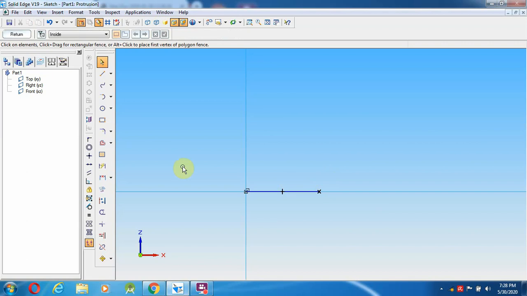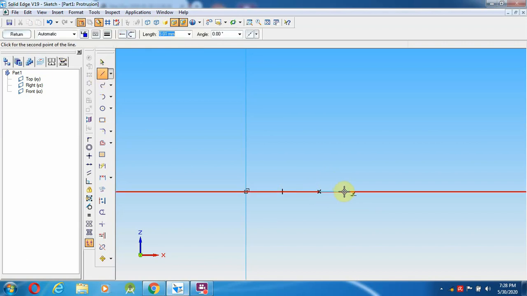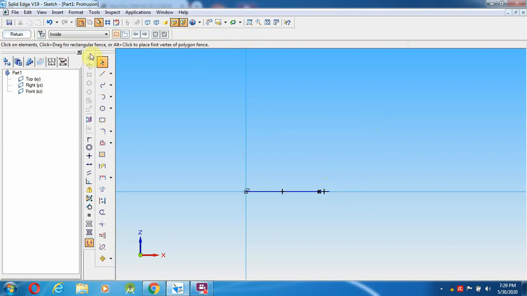So delete. Line from here to here, 2 mm distance, height also 2 mm. Delete. Instead of correcting, again we can redraw.